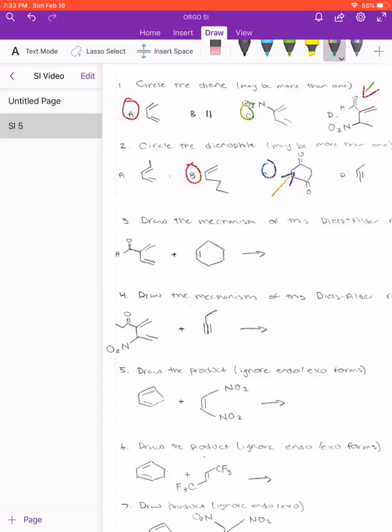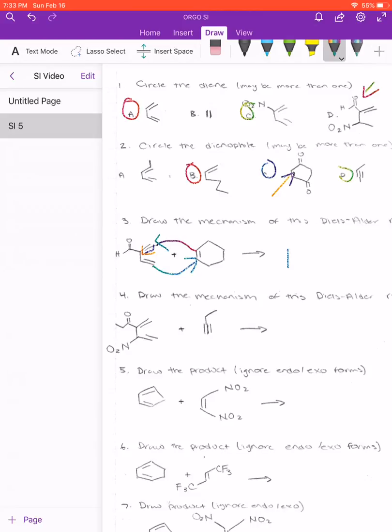So what is the mechanism of the Diels-Alder reaction? It's in 3 steps, and it's pretty simple. The first step is that this bond goes over here. Oops, that was a little bit ugly, but you get the idea, right? That bond goes over there. This double bond from the dienophile goes over here, and this double bond from the diene goes right here, right? So what we're going to form is